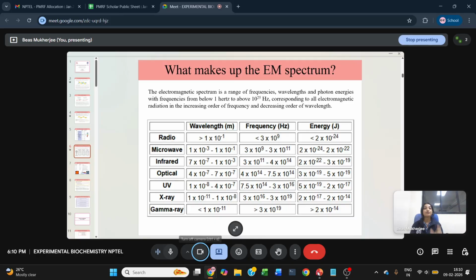Okay. So here the specific wavelength, frequency and energy for different electromagnetic radiations are given for your understanding. The electromagnetic spectrum is a range of frequencies, wavelengths, and photon energies with frequencies from below 1 Hertz to above 10 to the